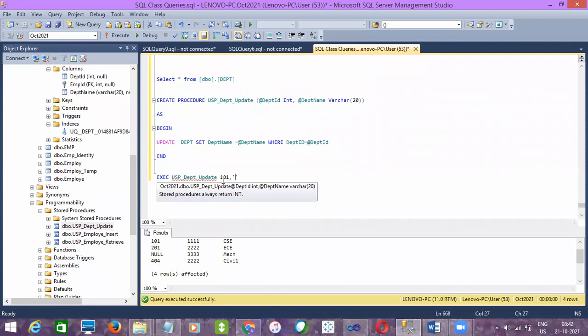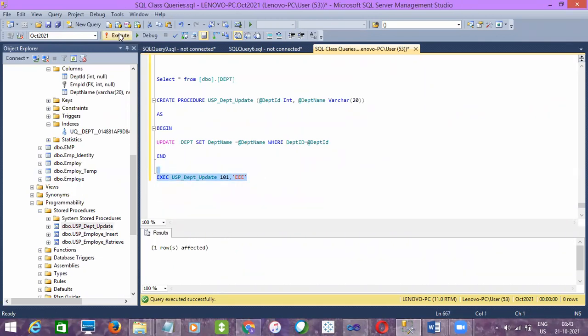Now it is CSE. Now let me change it to triple E, right? One row is affected. Now if you check the destination table, you can see instead of CSE, there is a triple E updated, right? So based on this, a lot of operations we can perform within it.